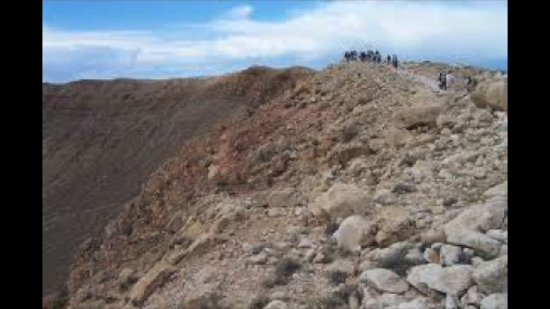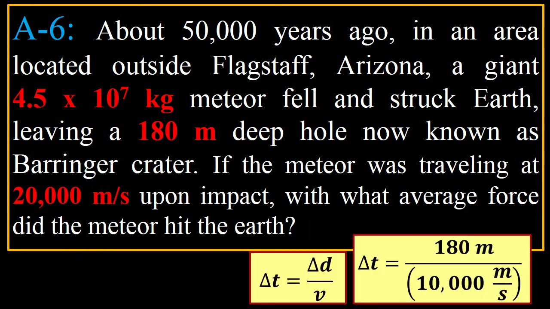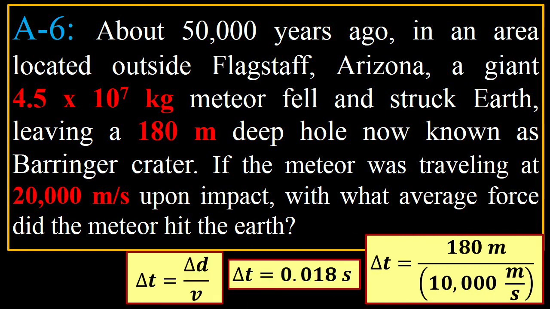So let's do the problem and look at the forces involved in this. So you had this enormous meteor that fell, 4.5 times 10 to the 7th kilograms. Here's the equation to get the amount of time or the duration of the impact given the information here. And it's 180 meters, and it went that velocity, 20,000 meters per second. So you're using 10,000 meters per second because it's average velocity, and 20,000 meters per second was the final velocity. And you can see that the duration of the impact is 18 thousandths of a second. So that's pretty quick,